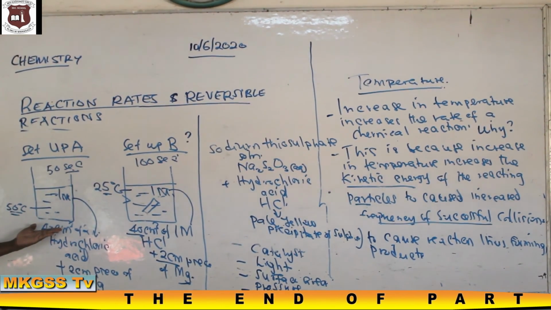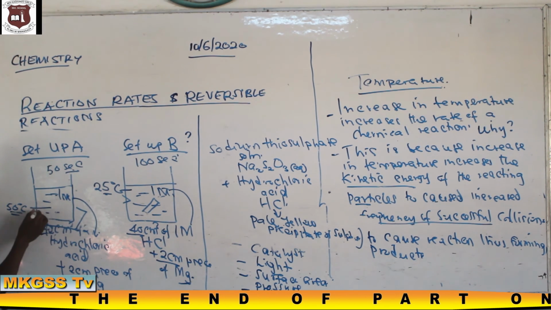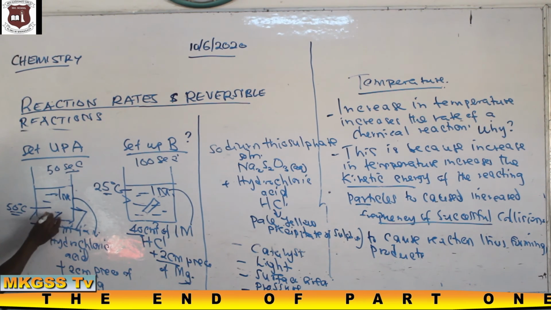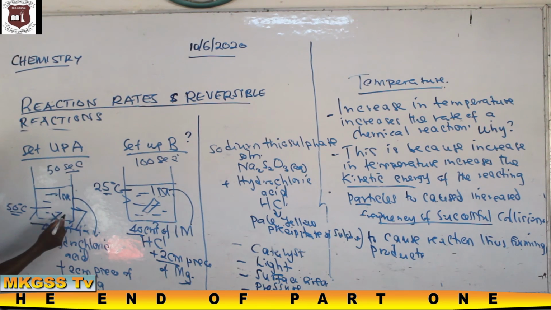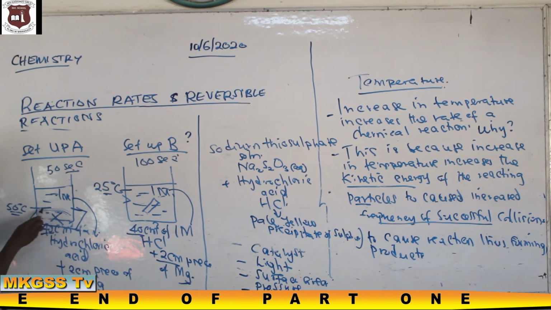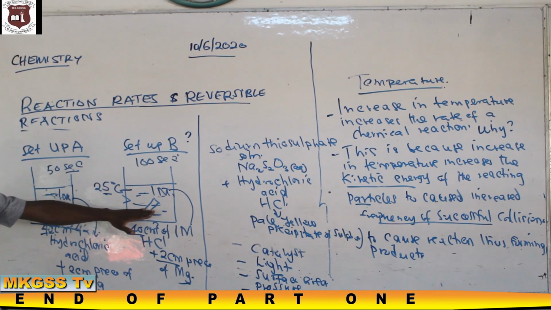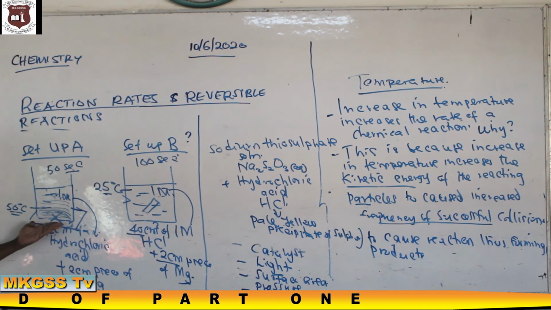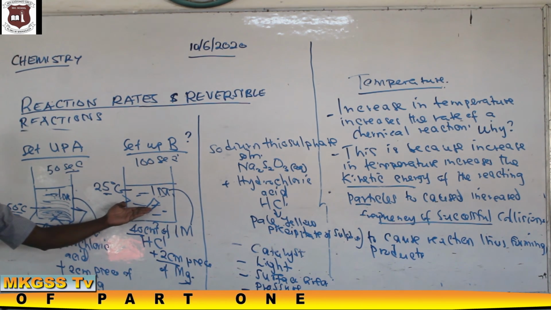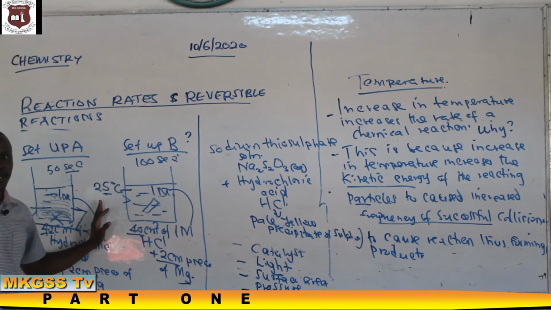And it will take shorter time if you are to use a cross on a piece of paper, let's say filter paper marked X, it will take shorter time for that cross to disappear due to the formation of the precipitate that will cover the cross. While in setup B, because the temperature is lower, it will take longer time for the cross X to disappear. That is, it will take longer time for the colloidal sulfur to be formed. So that one marks the end of